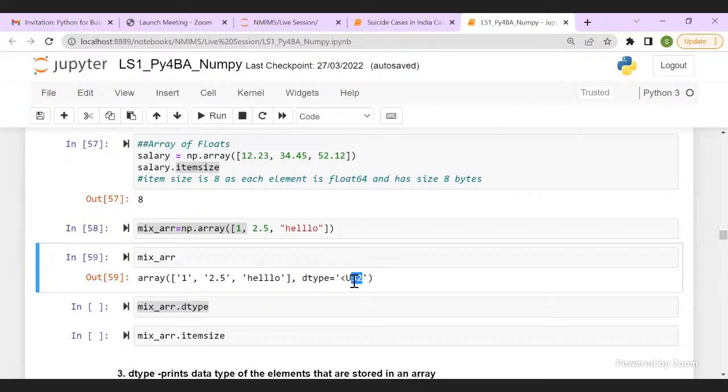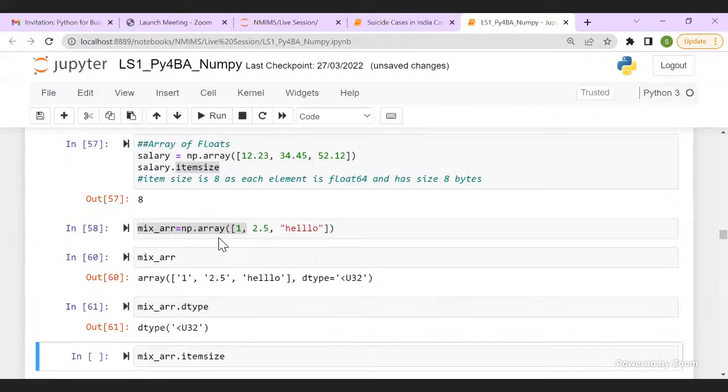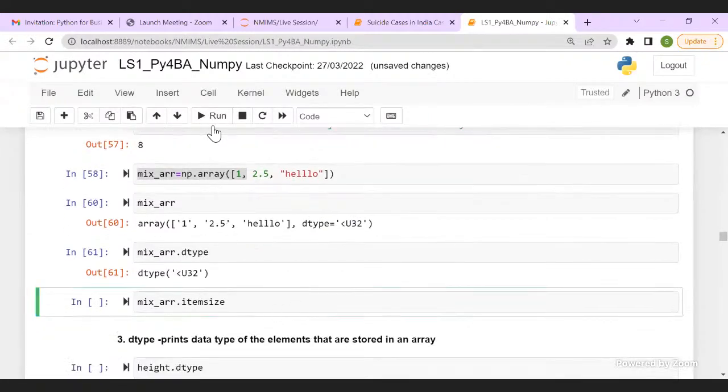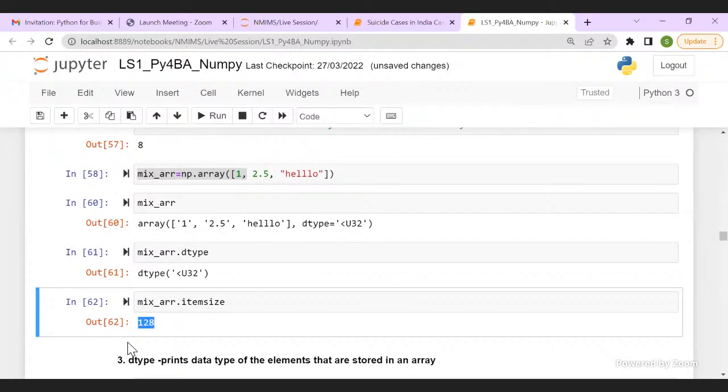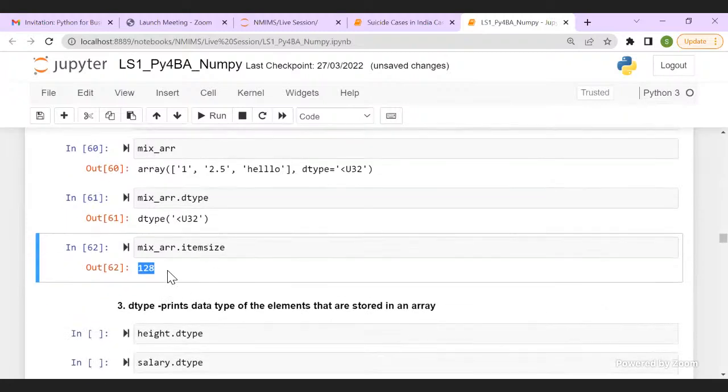So anything with U32, U46, U10, U11 basically means you have all as a string data type. Let me execute here. It is telling me my item size is 128, so 128 divided by 4 gives me 32 size. So I have 128 bytes of data out here.